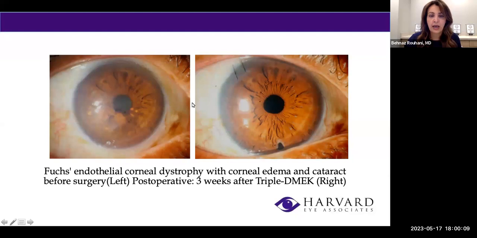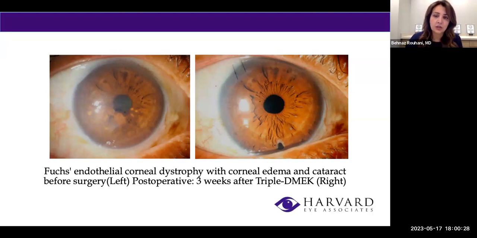This patient had a combination of cataract surgery and transplant. You see that the center is now so clear, and the cornea is so clear that you technically just see the colored part of the eye, but there is a nice and clear shield in front of it. And that's the cornea transplanted tissue. Just one layer though, not the whole cornea.